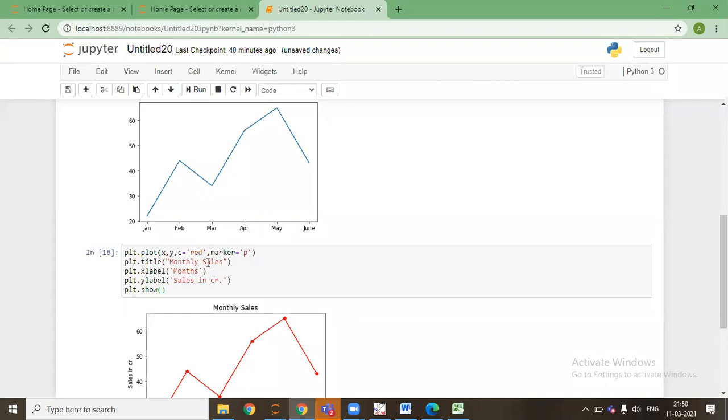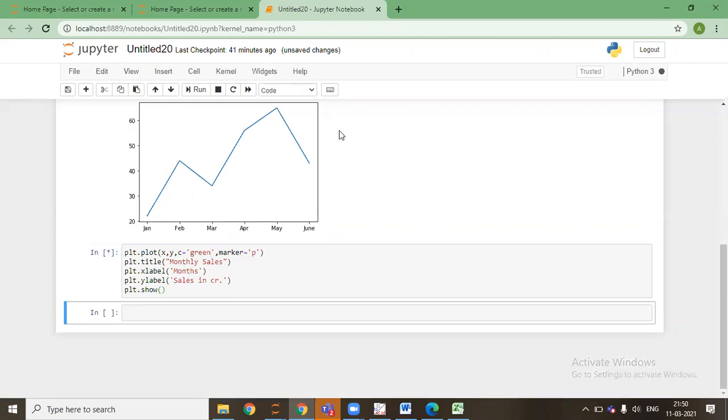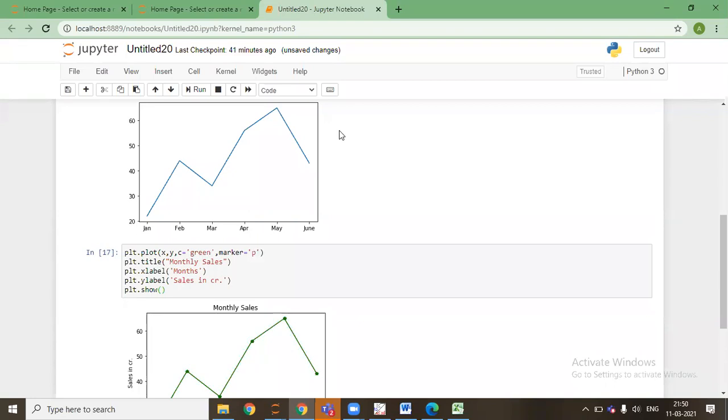I'll say c equals green, and if I run it, the line will be green. So there are different aesthetics which we can set.